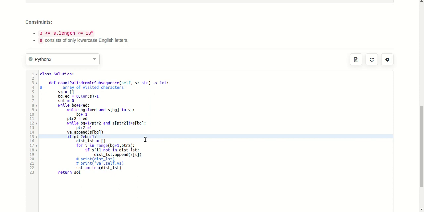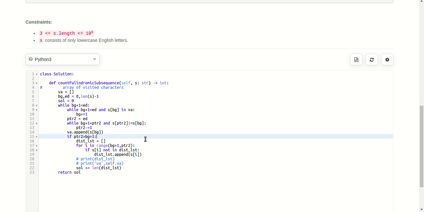Now we'll check if ptr2 is greater than bg plus 1 or not. If it came out of the loop because s at ptr2 is equal to s at bg, then this condition will also be true.